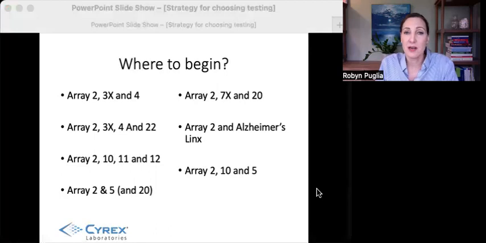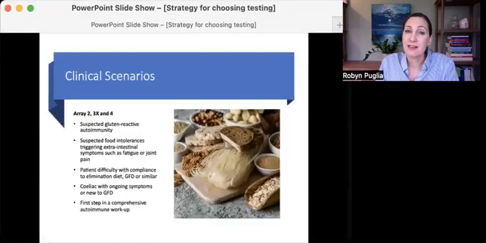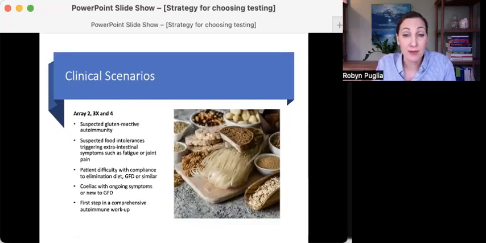So we're going to start with clinical scenario number 1, using array 2, which is the intestinal permeability profile, array 3X, which is the gluten and wheat reactivity profile, and array 4, which is the dairy, gluten-free food, and top allergen profile, also known as the gluten cross-reactive panel. And we would use these tests together, 2, 3X, and 4,